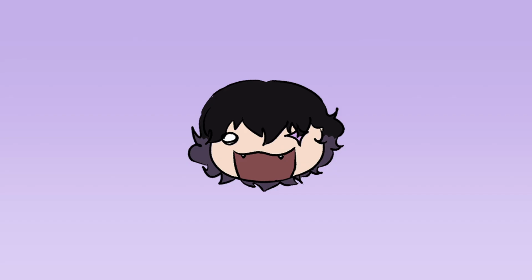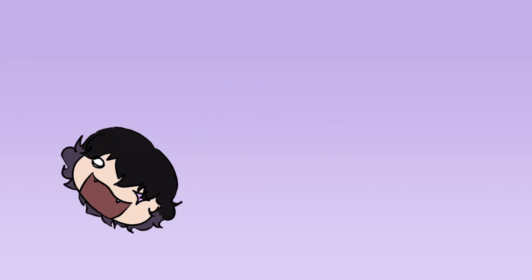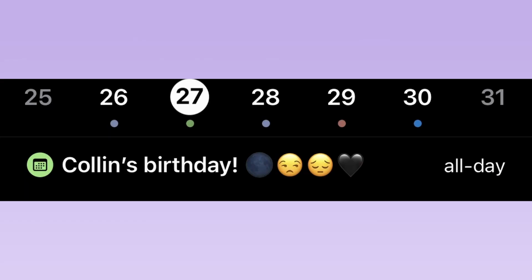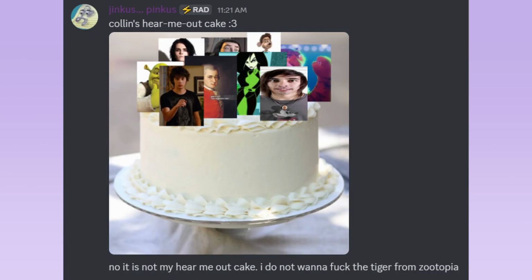Do you guys want to guess the first step? Is it thumbnailing, sketching, getting a snack? Nope, my first step is to pick a song. I knew that I wanted this illustration to be centered around my OC, Colin, who I promise is not my favorite OC, since his birthday was on January 27th. Same day as Mozart, which is a coincidence. Colin probably has Mozart on his cereal cake, I'm not gonna lie.